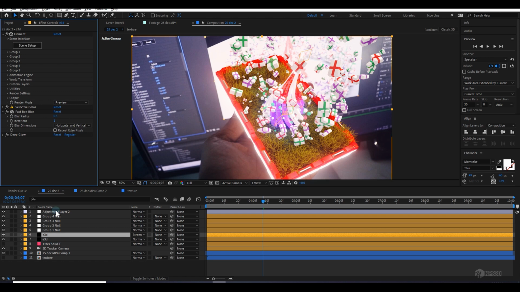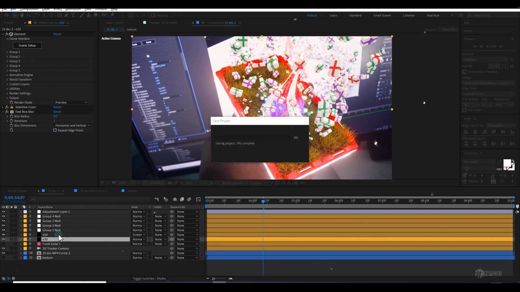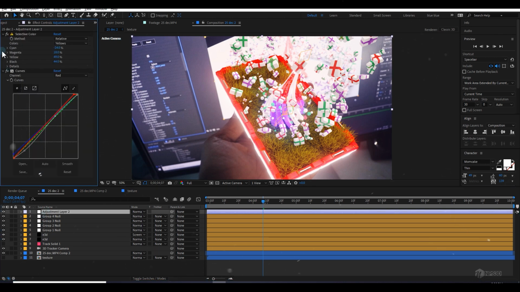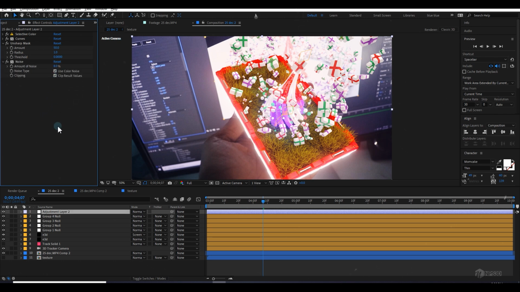Let's make it 0.5, and in the end I can also apply an unsharp mask, and I can also add a noise effect and make it 8, and this is how I do it.